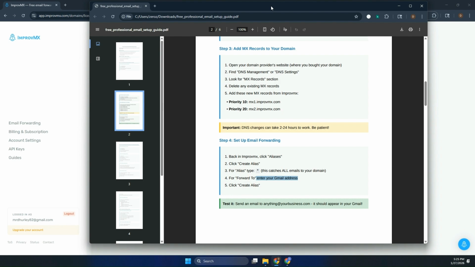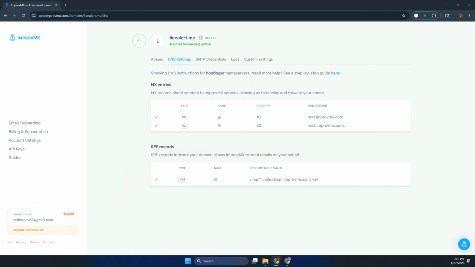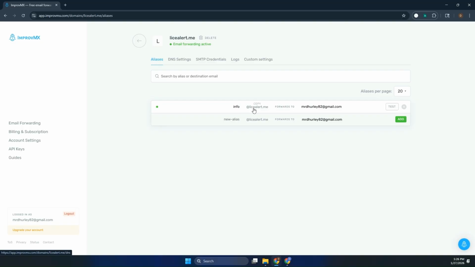Okay. So let's go ahead and flip back over to where we were. Go to aliases. And then you can see here, new alias, or excuse me, info, lice alert. This is all set up now, so email forwarding is active. Forwards to Mr. D. Hurley 82 at gmail.com. Okay, so if I test this,